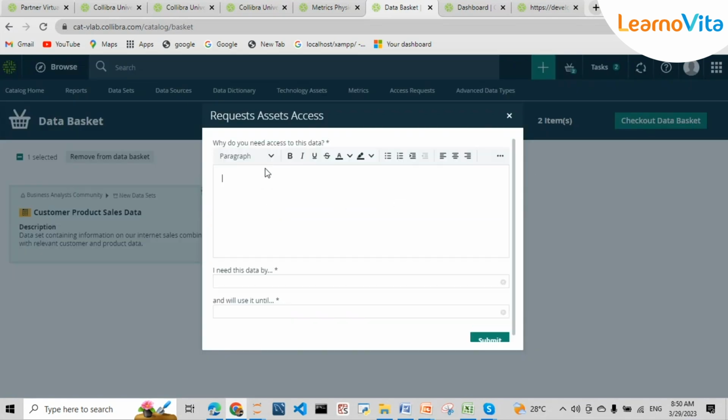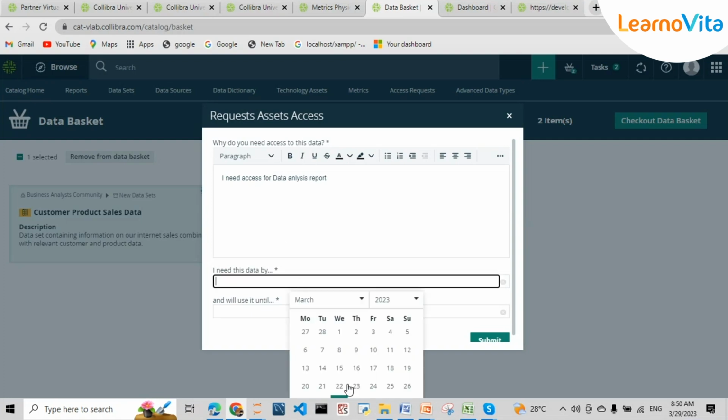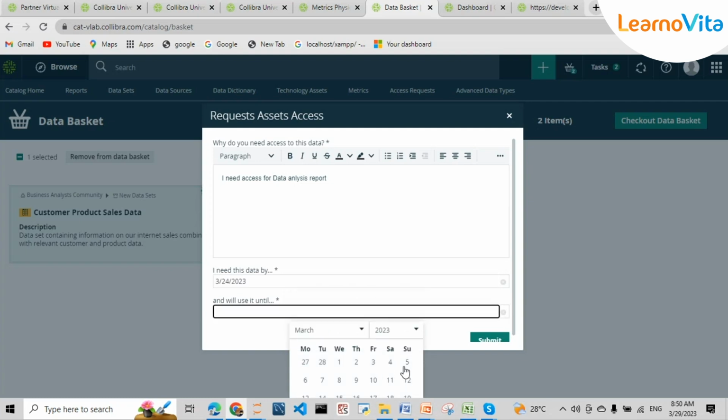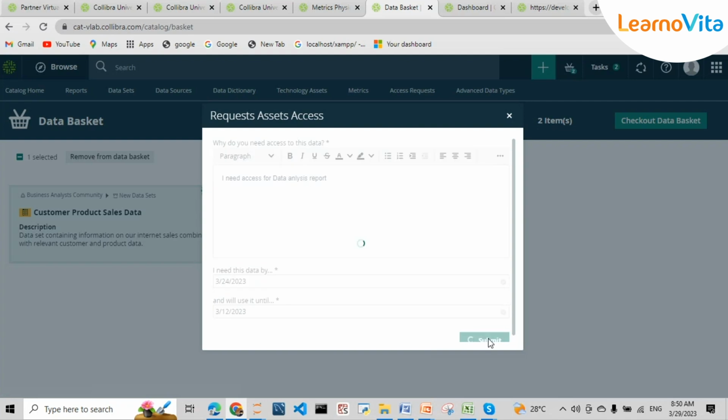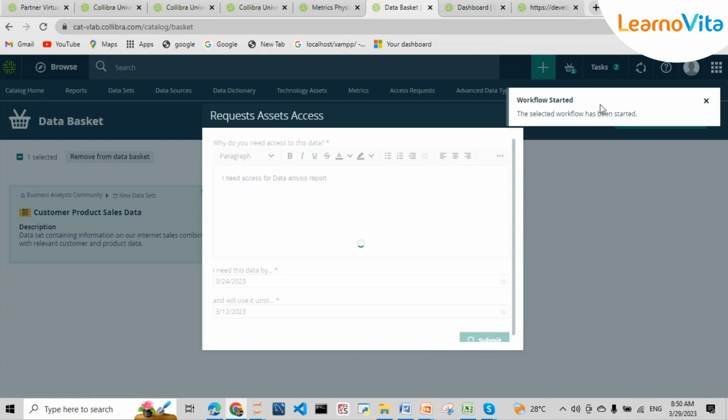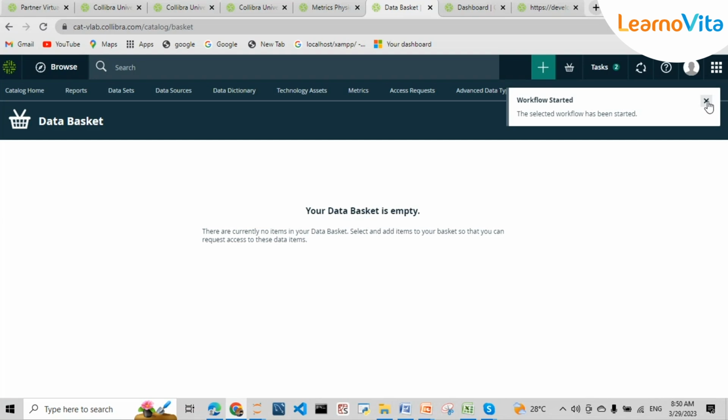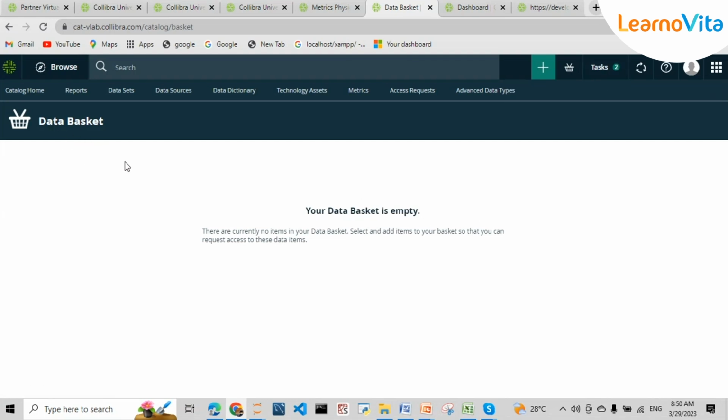Checking out, in the sense, I'm raising the access request for this data set. I need access for a data analysis report, so I give the reason why I need access, and from which date until when I need access. I can raise access until March or April, some kind of date for 1 month or 2 months according to our requirement, and I can submit. So the request access workflow is started in the background,